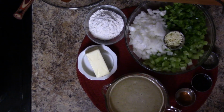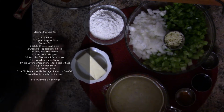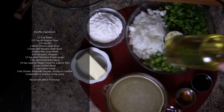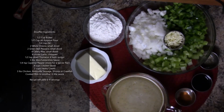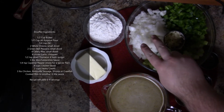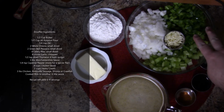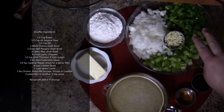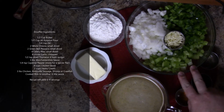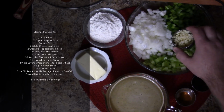Our ingredients for today: half a cup of butter, a half a cup of flour, a quarter cup of oil, 2 white onions chopped finely, small diced, 2 medium-sized bell peppers, small diced as well, 4 celery ribs, small diced, 4 cloves of garlic, chopped,